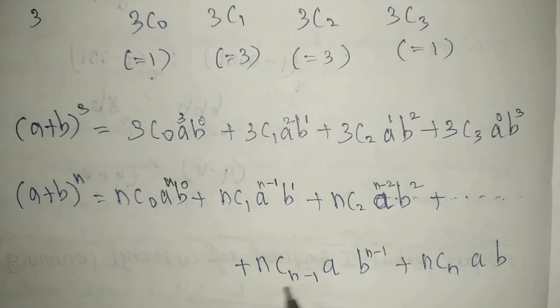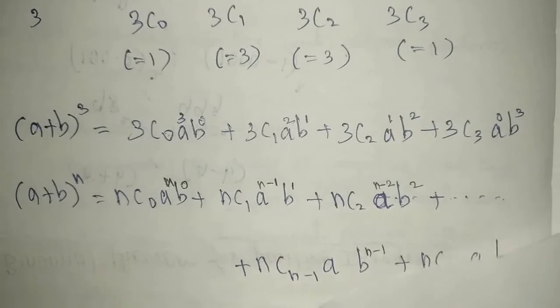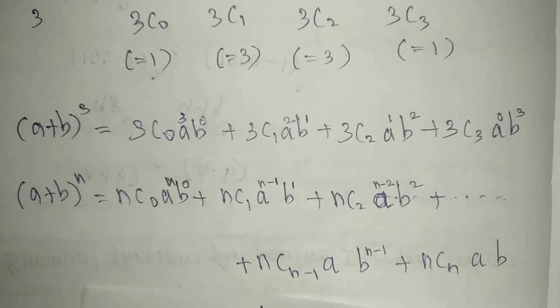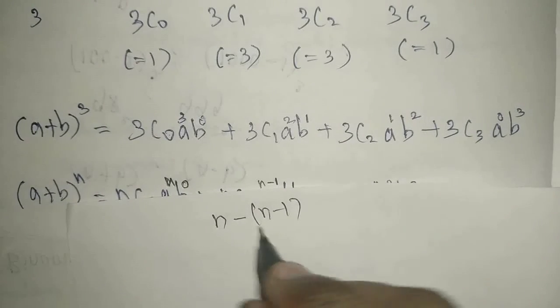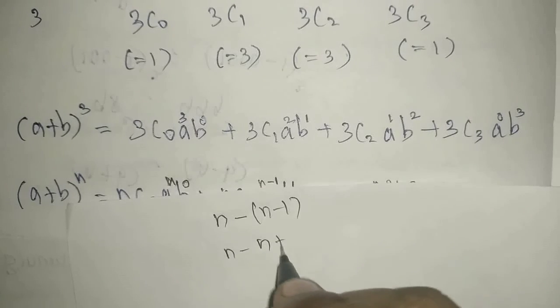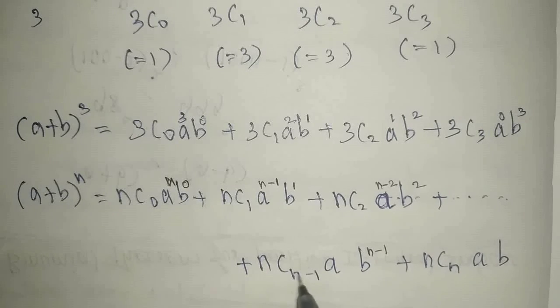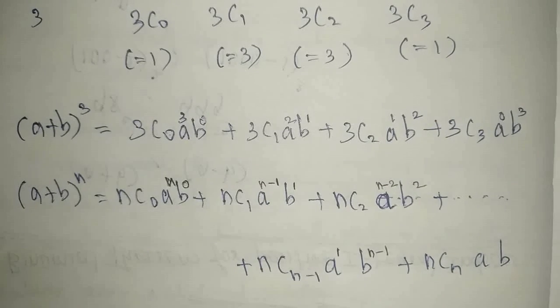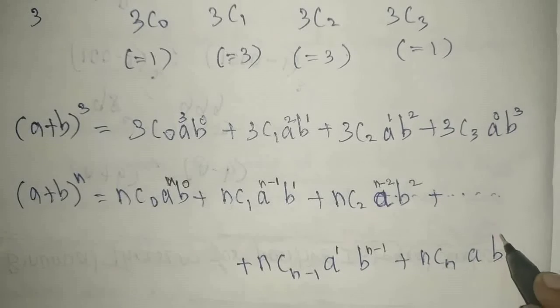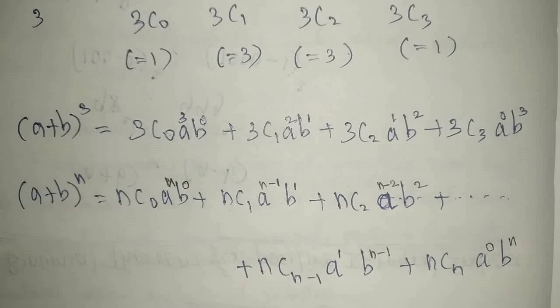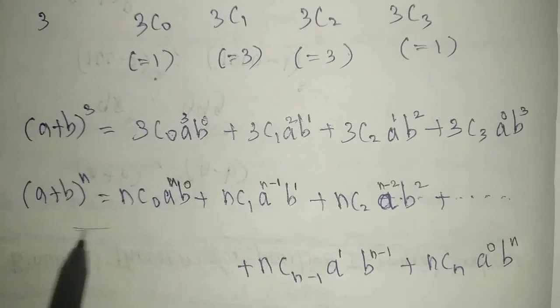Likewise this power will go for b, meaning b power n minus 1. If we subtract this together, listen carefully, I will show it in the therefore. So I am writing n minus of this n minus 1. If you multiply inside, minus into minus is plus, this together cancels, then we are getting 1. So after subtracting this together we are getting 1, understand. Now listen, this power I am writing for b, n minus n, which is 0. So this is the formula, using Pascal's triangle, for our index n. This is very important, you have to remember this.